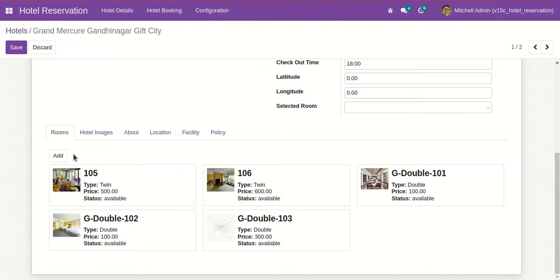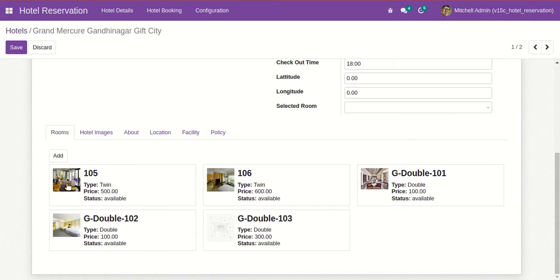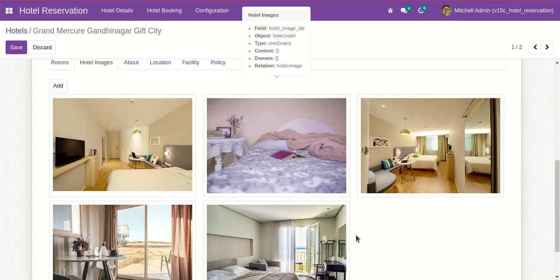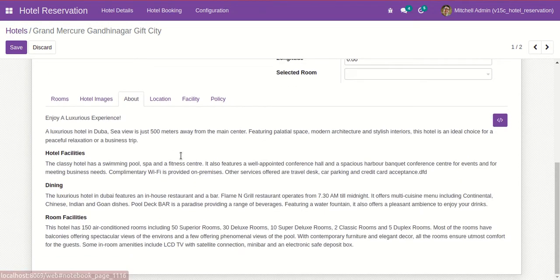From the rooms tab we can add the rooms of the hotels by simply clicking on this add button, and we can enter all the details of the room from here. Inside the hotel images we can upload the images of the hotel. Inside about tab we can add the details about the hotel.